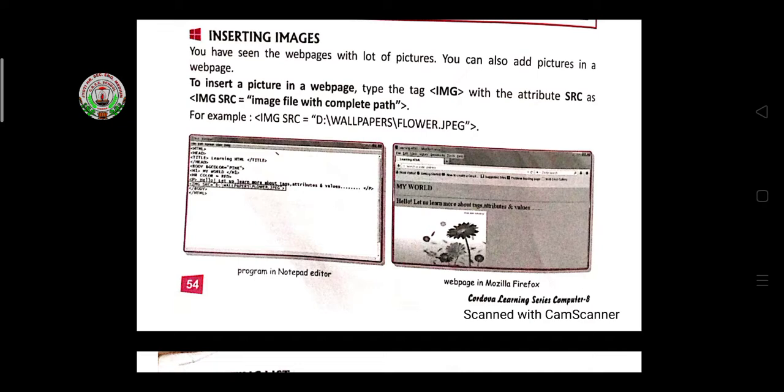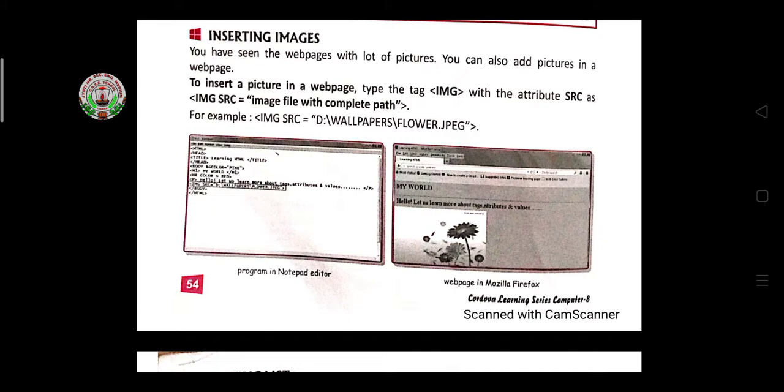To insert a picture in a web page, type the img tag with the attribute src, as in img src equal to, in quotes, the image file with complete path. It means the img tag is used to insert an image in your web page.